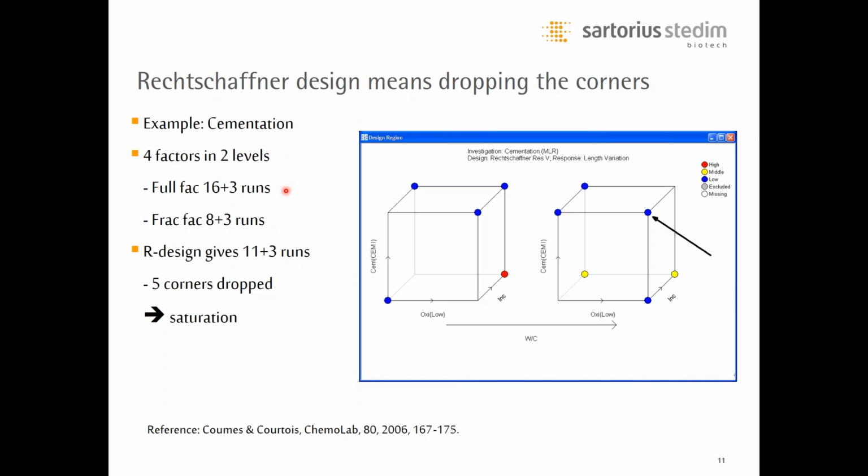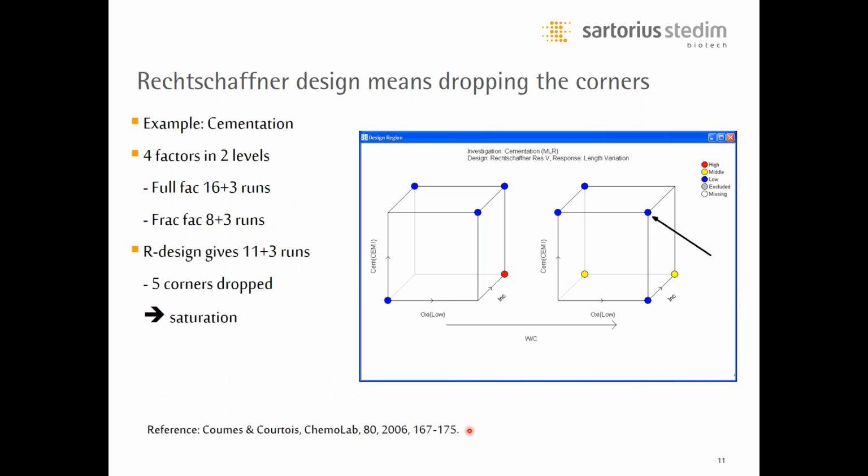If you would have opted for a full factorial design in this application, it would have meant around 19 runs. A fractional factorial design would have encoded around 11 runs, and the Rechtschaffner design used in this application contained 14 runs, 11 corners because 5 corners were dropped, leading forward to the saturation condition. And the application that we will be illustrating in the MODDE Pro 12 software towards the end is taken from